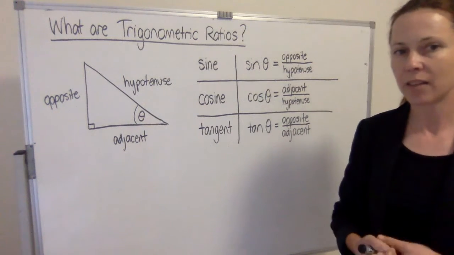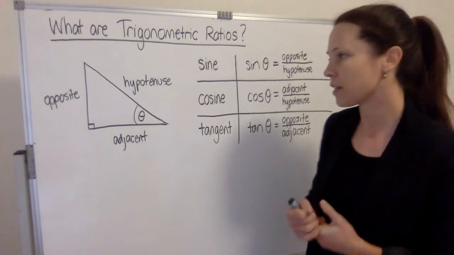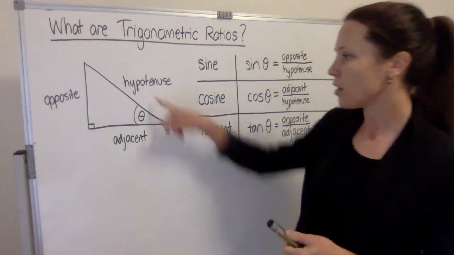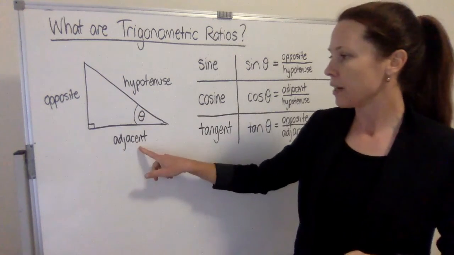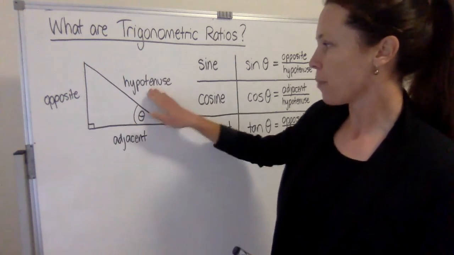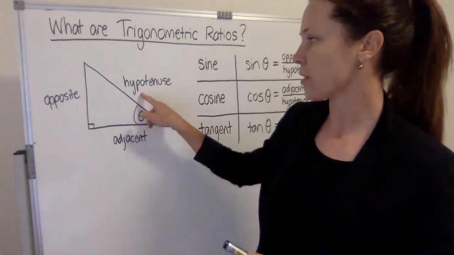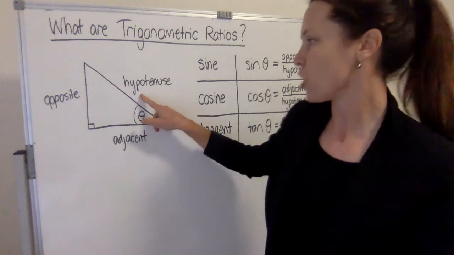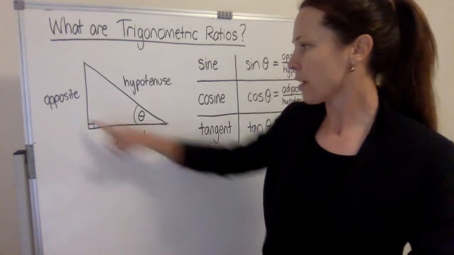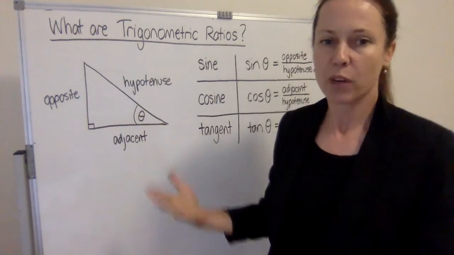Okay, so to get started with learning trigonometry, the first thing we need to do is look at the naming convention about the sides of the triangle. Now, once you have a right-angled triangle, the hypotenuse is always the hypotenuse. It's the longest side, and you'll notice that it's opposite the right angle. That never changes, but when it comes to naming the other two sides, we name them relative to a certain